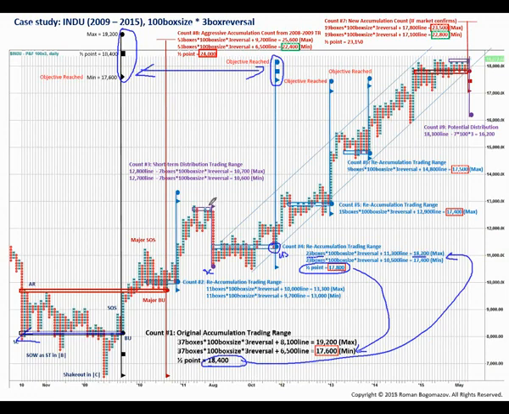And so now we turn around and make another base and count up exactly into the large count in the accumulation range. And at that point, the market starts to jump out